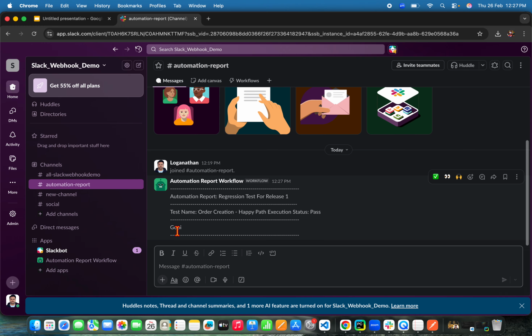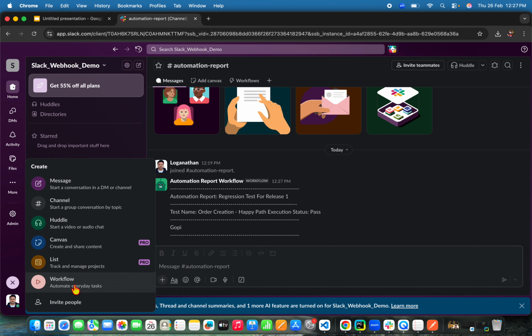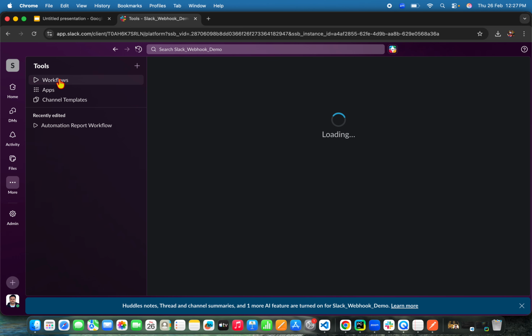pass, and then who did it? Gopi. So now I feel that this Gopi is coming without any tag. I want to add some tag to it. Let me do it. So again, go to this, click on workflow, and go to your automation report workflow that you have created,